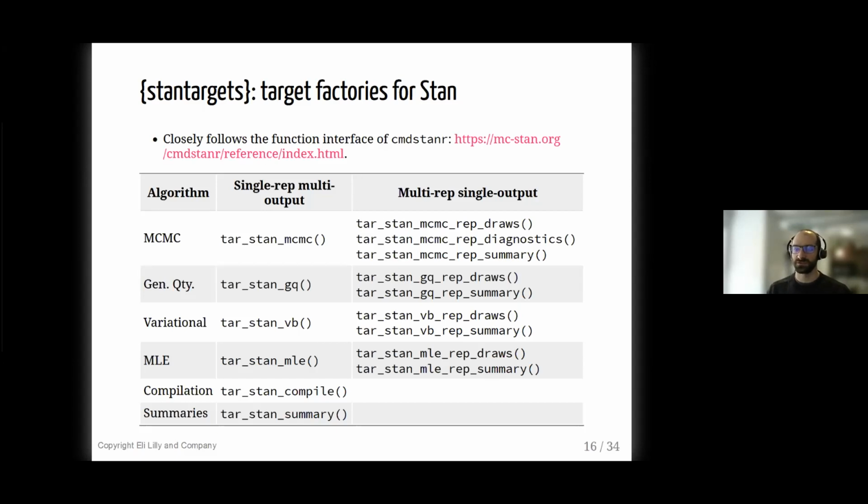And so one of the things that we've been able to use is simulation studies to start to try to get at the calibration of a model, like I'll talk about in a few minutes. One of the things that some of these target factories do, like tar_stan_mcmc_rep_summary, this target factory is going to encode a workflow that does a simulation study that simulates a lot of data sets, analyzes a bunch of models, and it runs one or more models on all those data sets, and then computes posterior summaries on all the parameters. And there's a function reference on the package website, and each of these functions kind of mirrors what cmdstanr does.